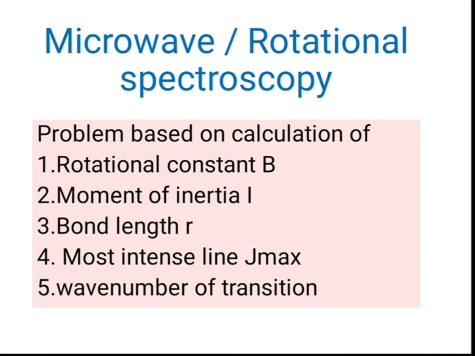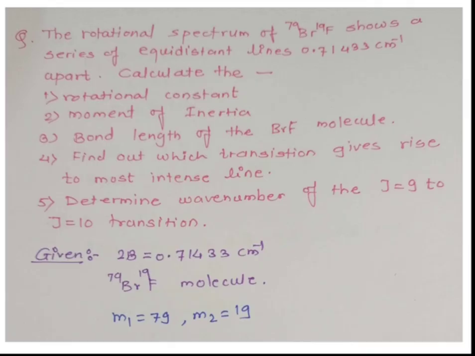and we have to find out the line with maximum intensity, that is called J max. Then we are going to calculate the wave number of the transition. So in today's lecture we will see how to calculate all these 5 points. So we will start with one problem. The rotational spectrum of the BrF shows a series of equidistant lines